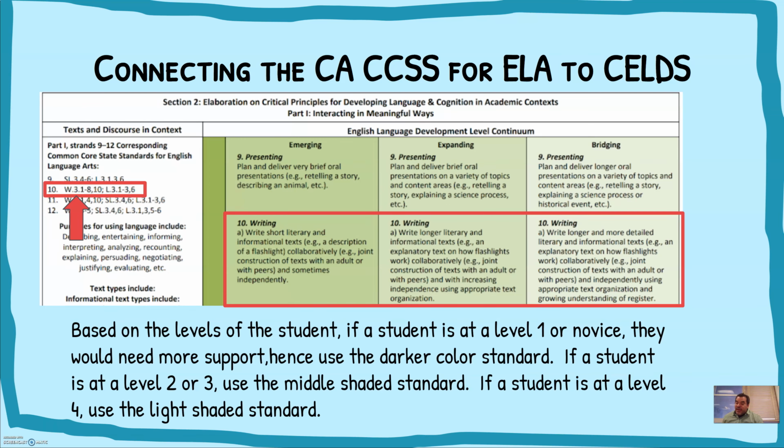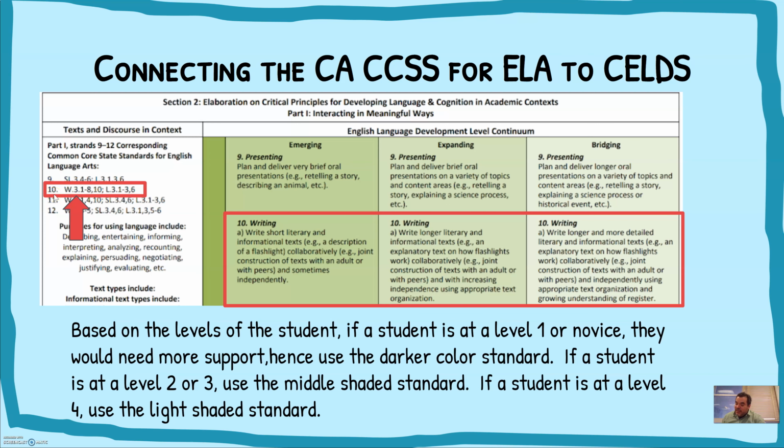So there are several California ELD standards which meet Common Core State Standard W33, the one that we just reviewed. That being said, since there are several standards, there are several activities that you can work on with your ELD students during their designated ELD time, which directly correspond to the California Common Core State Standard you are working on during your ELA block. So for example, if we were to look here, Standard 10